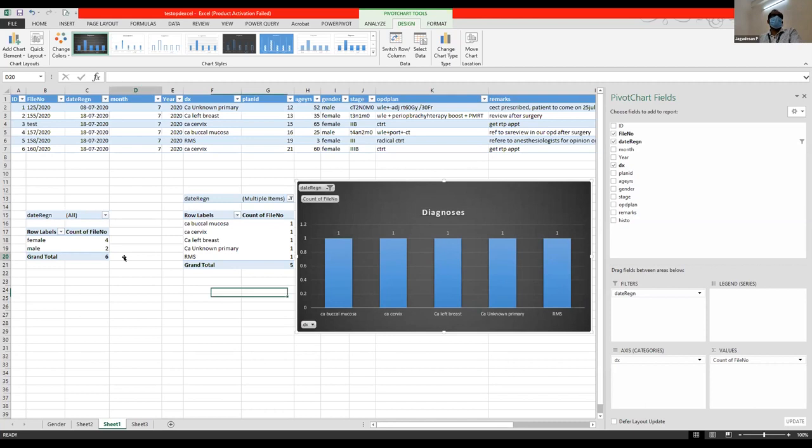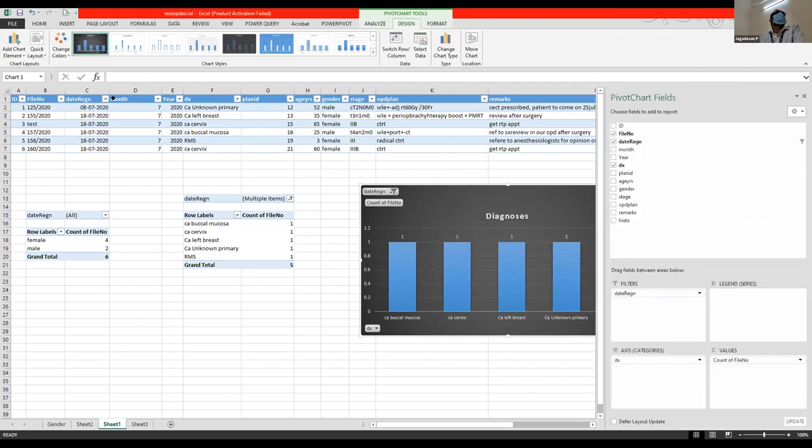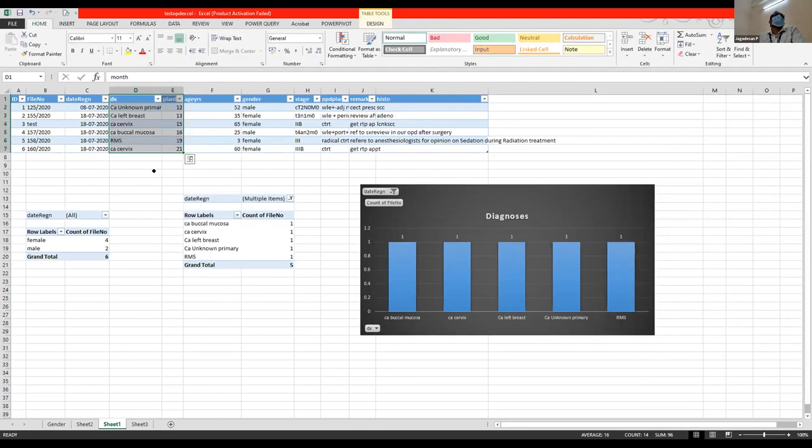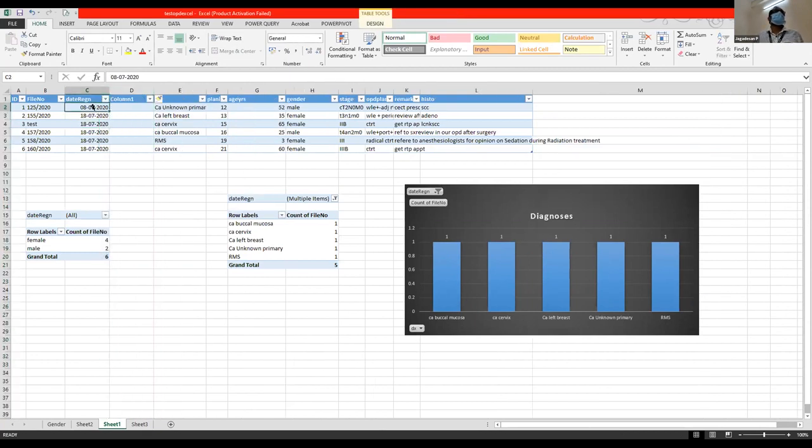Let me briefly explain before I close the presentation. This is one auto column which I already created. Let's remove that. Okay, in the same box, you're going to insert a new column. This is the date of registration. Here you want the month to be generated. Let's rename this as MTH, month. As you do in many Excel formulas, you put an equal sign and then MONTH. It automatically comes up, and I'm going to select that one. This is going to be the month of this particular day. I've already selected that.